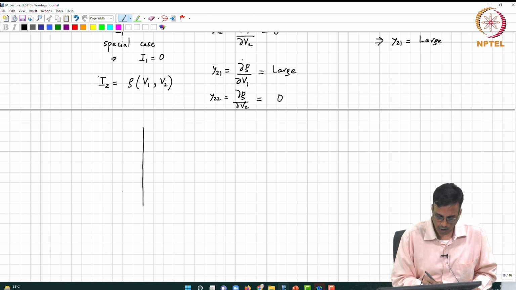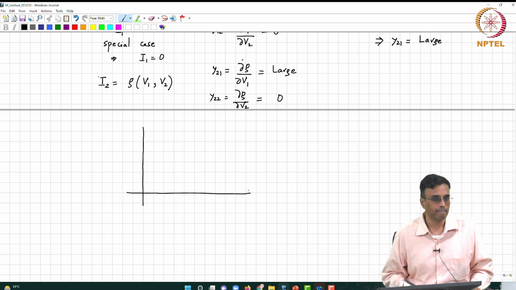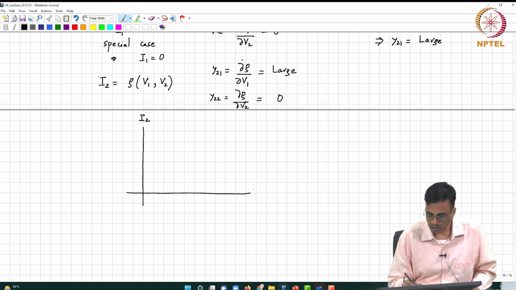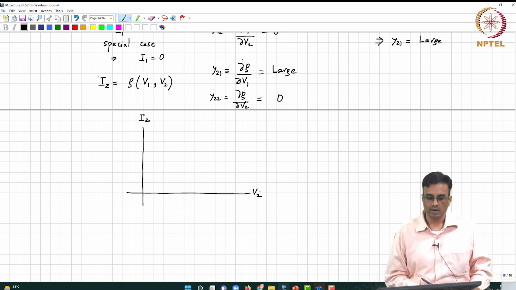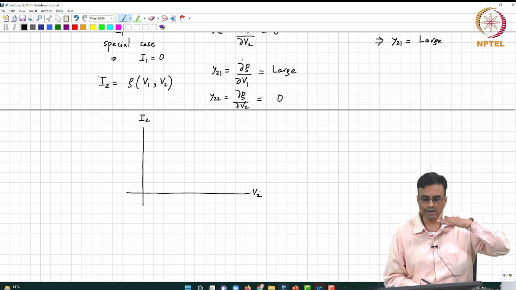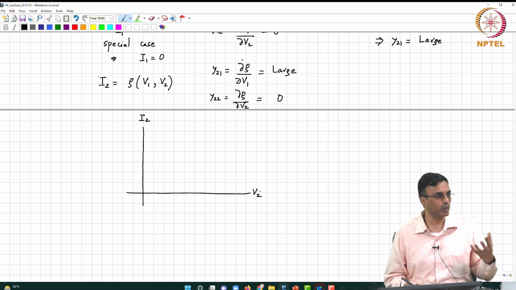Very good. So, now we should draw the output characteristics. Okay. And the output characteristics, remind me again, what are we trying to draw? I2 on the y axis and V2 on the x axis. It is telling us that the incremental Y22 is 0. So, for a given value of V1, what comment can we make about the output characteristic? What are the output characteristics? I2 versus V2 for